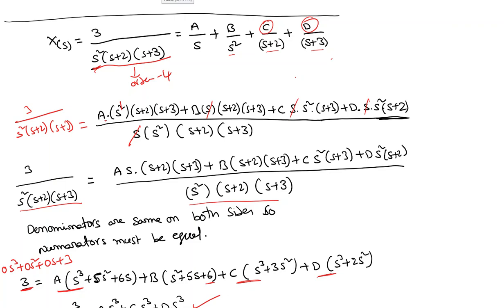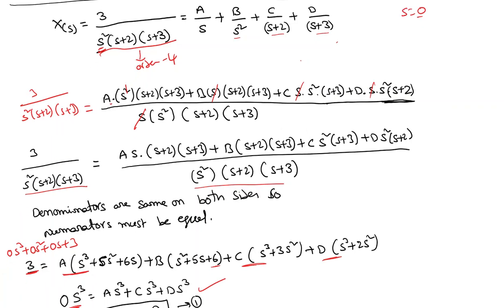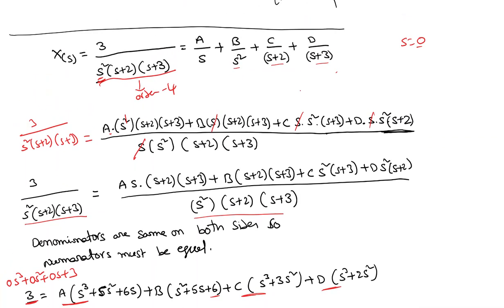Here is another example with the inverse Laplace transform. Here I have a repeated pole. Whenever you see s square, it has a pole at s equal to 0, and that pole is repeated in this case. Since the order is 4 for this given transfer function, we have to split it into